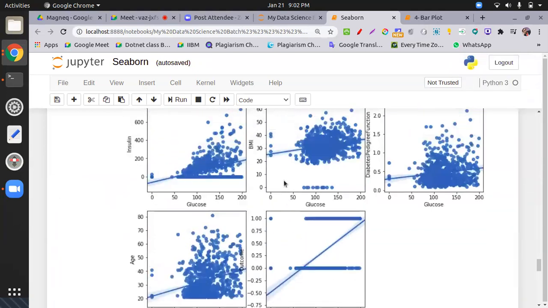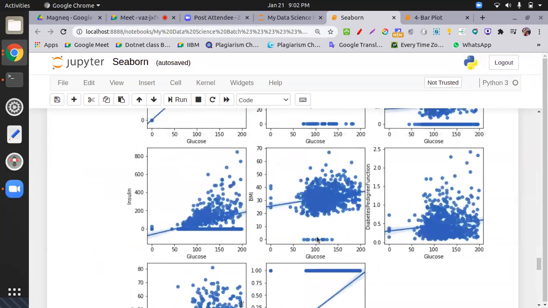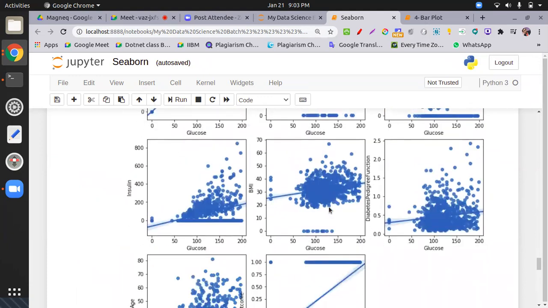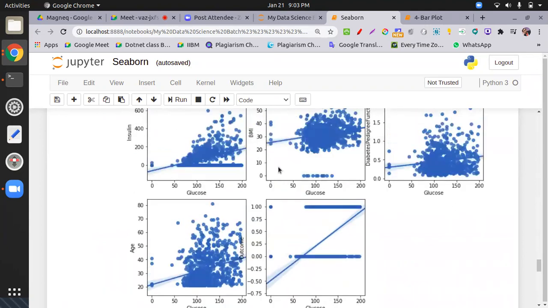So here you can point out that all the things are positive. If the glucose is increasing in a diabetic patient, it may create many other complications. It means if glucose is increasing, all the other parameters are increasing, and this fact is biologically true. Any relative in your family who is diabetic knows that diabetes creates many more complications in life. That's why you can see this here.